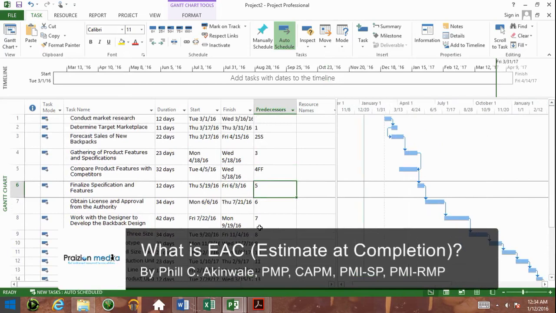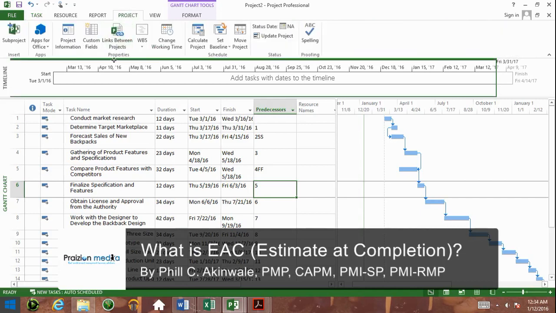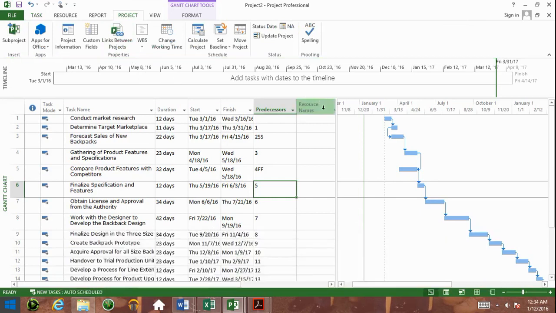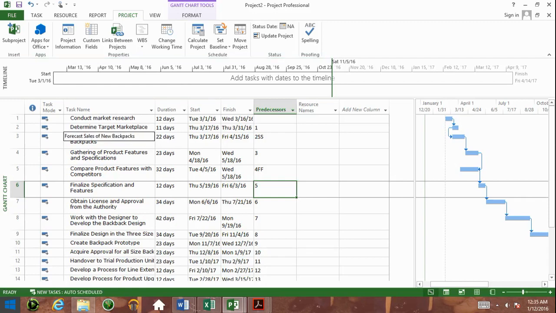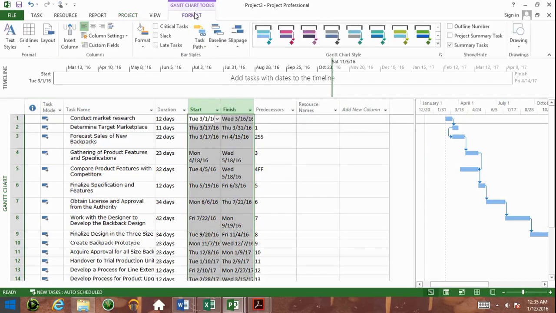However, there is one last thing we need to do. What we need to do is set a baseline for this project. And a baseline is going to help us have a snapshot in time of what exactly this project is about. We want to make sure that if we look at this project 5 months later, when these fields change, because they will on most projects, we have a baseline that we can measure the project against. Something else we want to do before we do that is go to Format